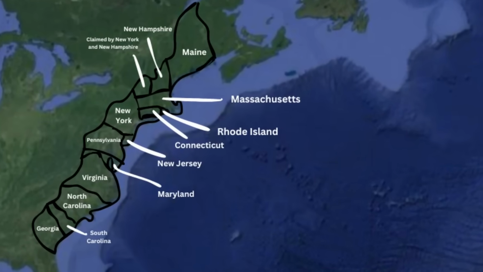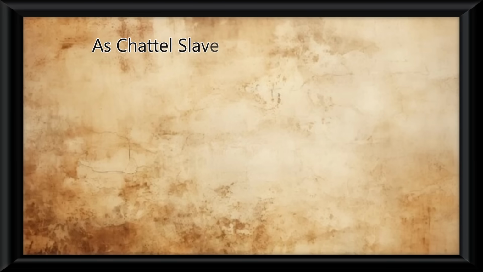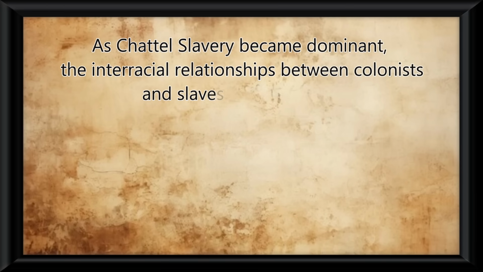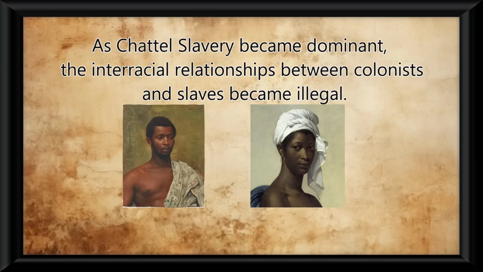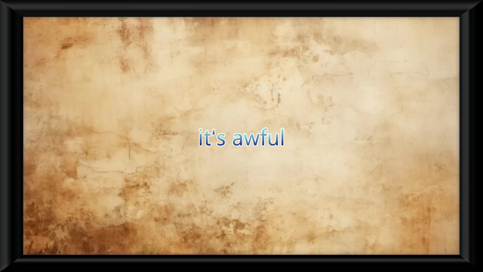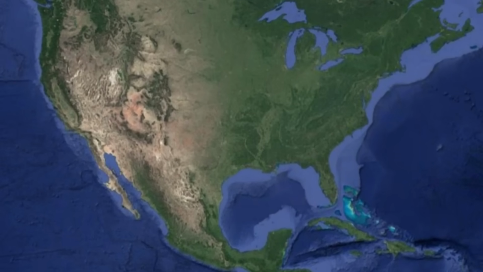These African slaves worked heavily in the Chesapeake Bay and southern Atlantic coast, but the majority of them were in the West Indies. As chattel slavery became dominant, the interracial relationships between colonists and slaves became illegal, which made Africans only breed with other Africans, and new laws were put in place that their children would automatically be slaves. I know, it's awful. But even with this level of hopelessness, some Africans rebelled, with an example being the First